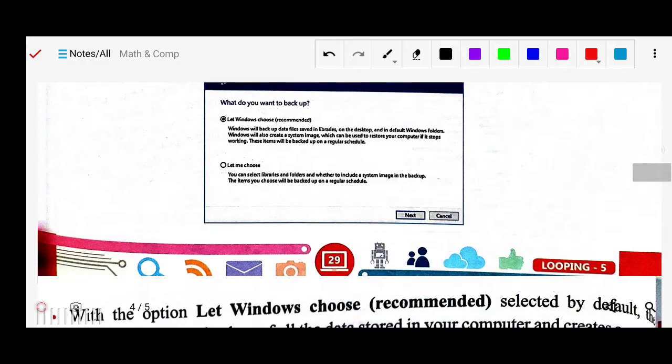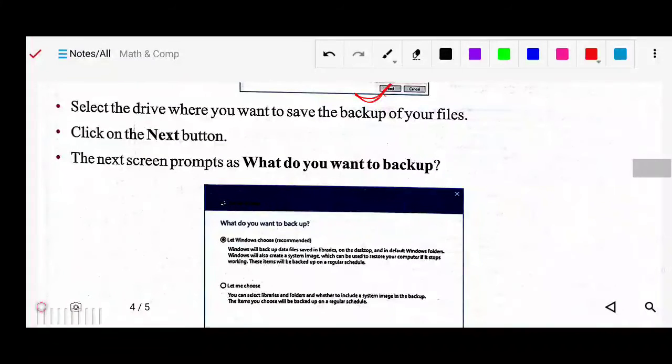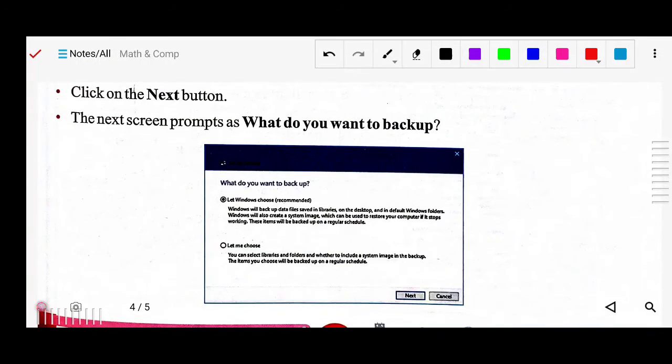When you click the Next button, the next screen will come and ask what you want to back up, what things you want to back up. There will be two options. One is to let Windows choose automatically, by default.